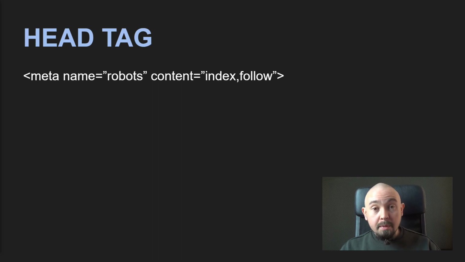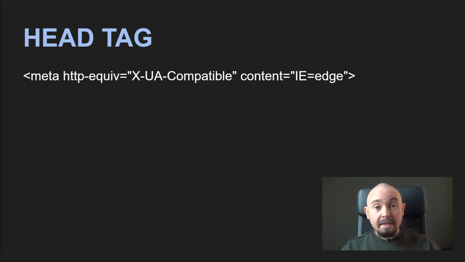The robot will probably come to our website anyway, but I'm only talking about it so that you could know that something like this exists. Another meta tag is aimed at the Internet Explorer browser. If our website is open in the Internet Explorer, this record tells the browser to display this website in its